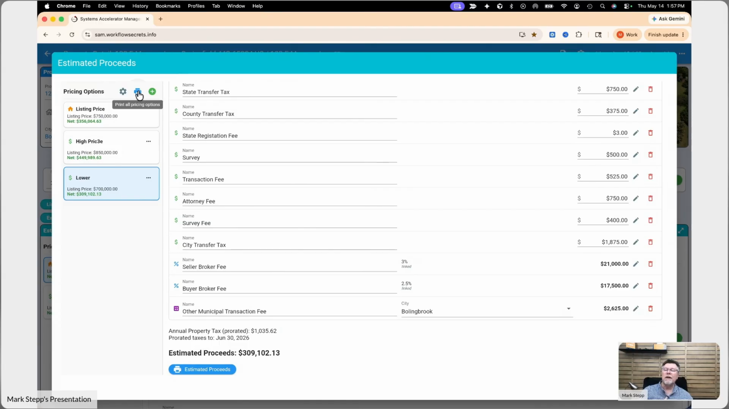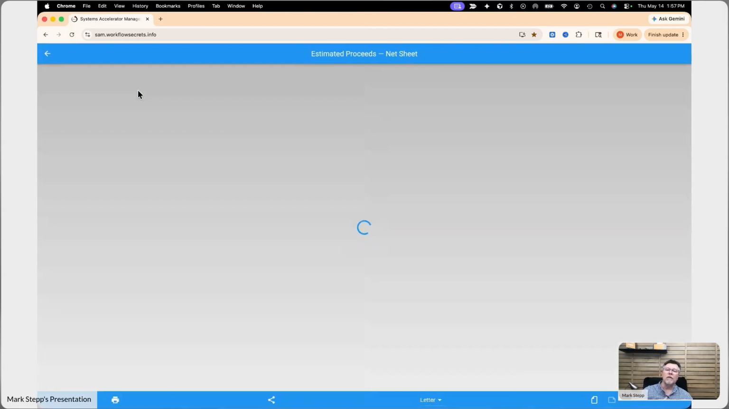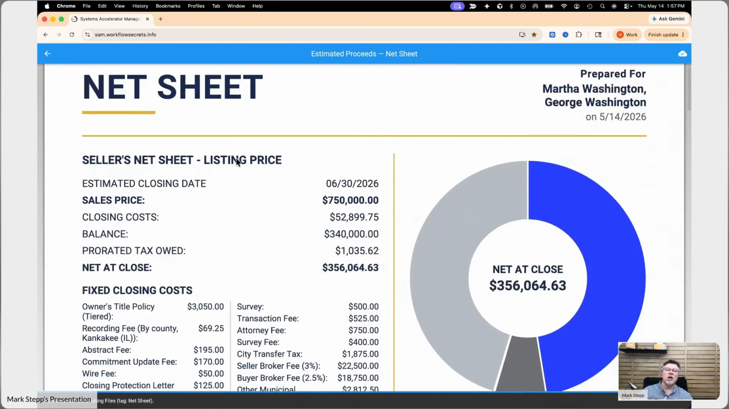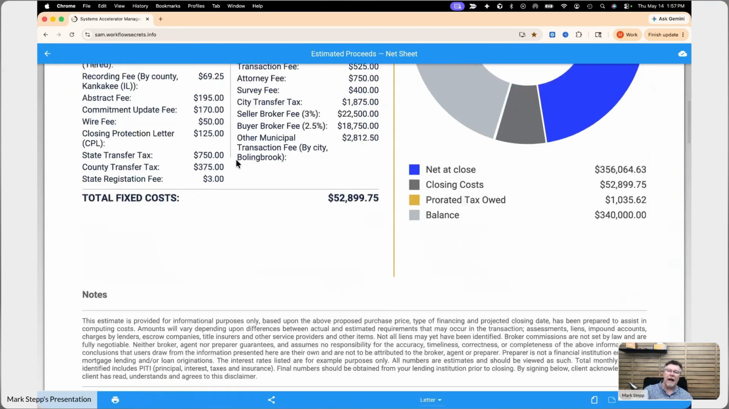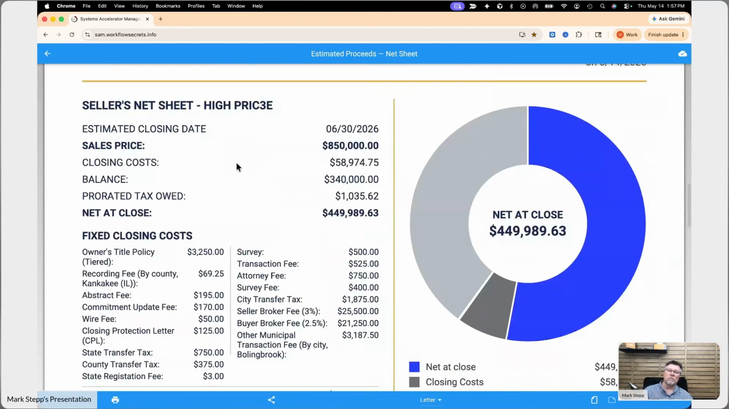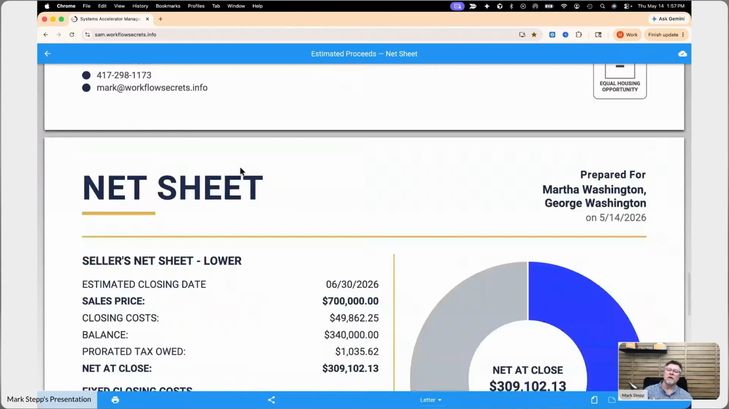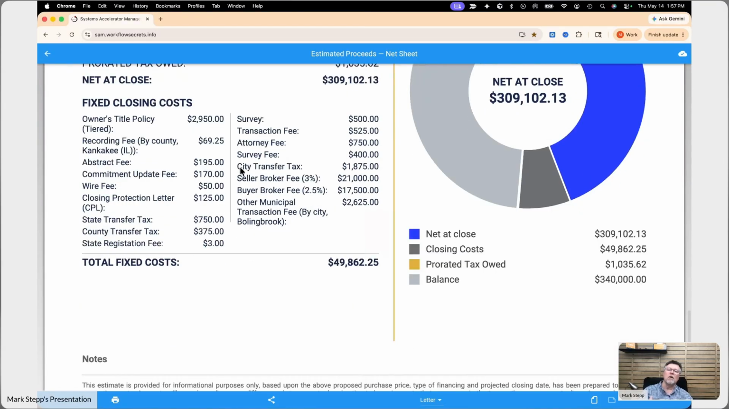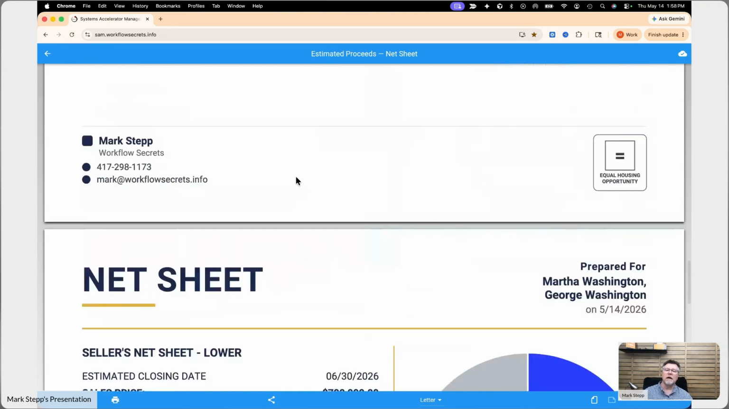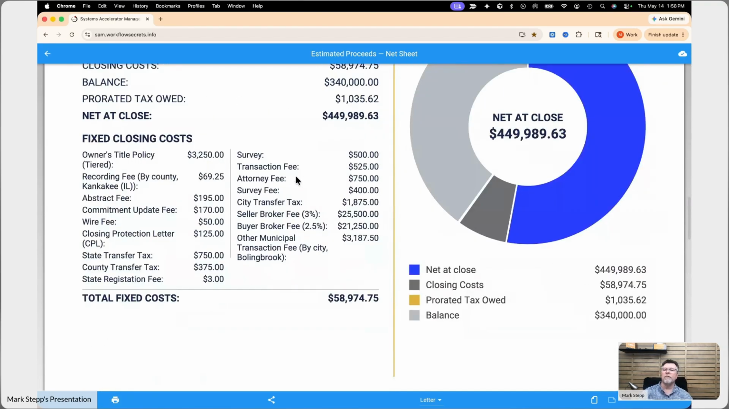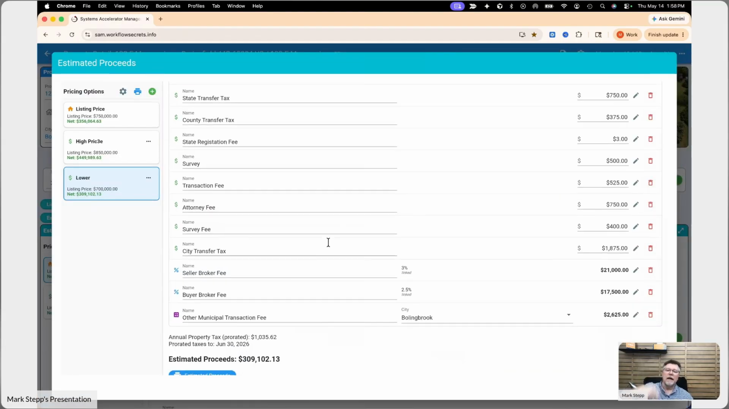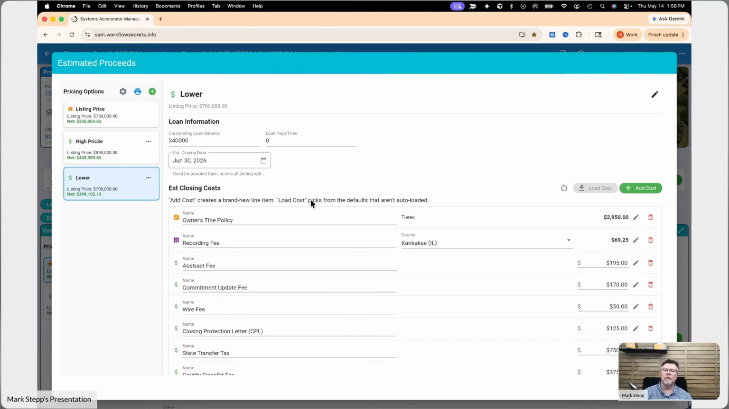But then you can come up here to the print, and you can print all of these different pieces and show all the outcomes of what you want for each one of those. So it gives you the net sheet on every one of them with all the different closing costs and stuff based off of what you've entered in those. Print those out, give them to your seller,